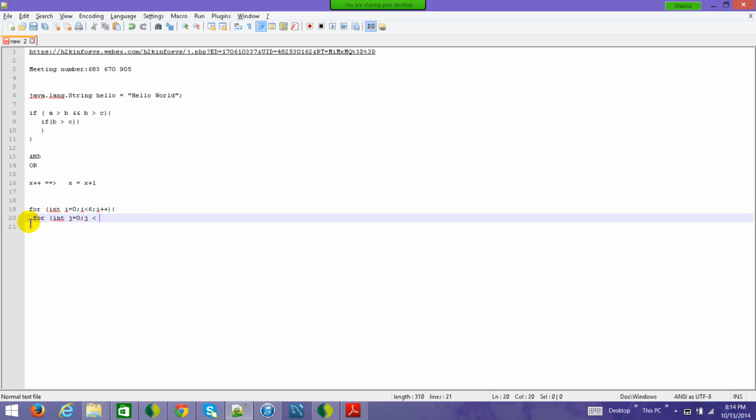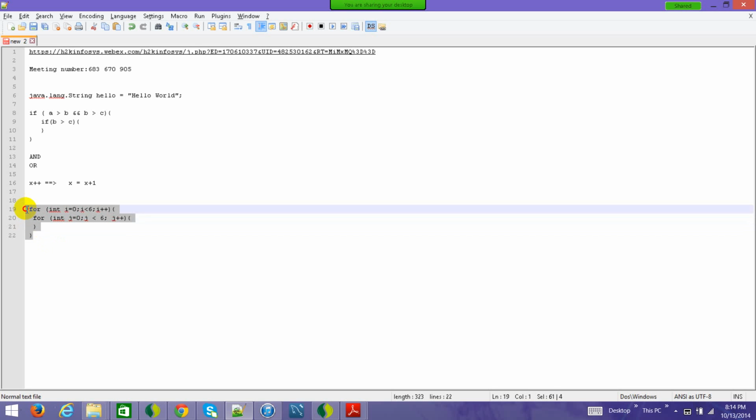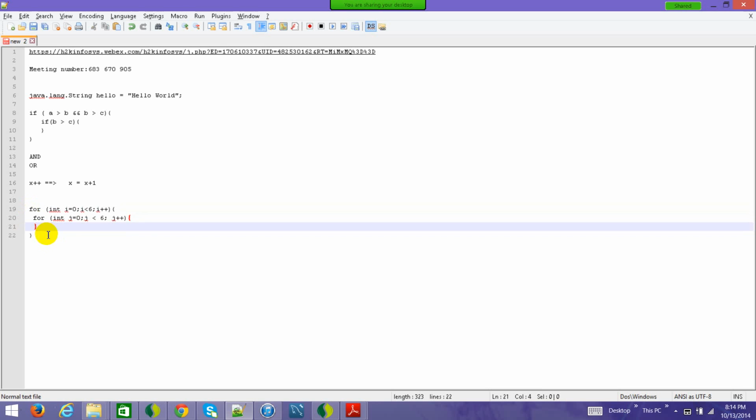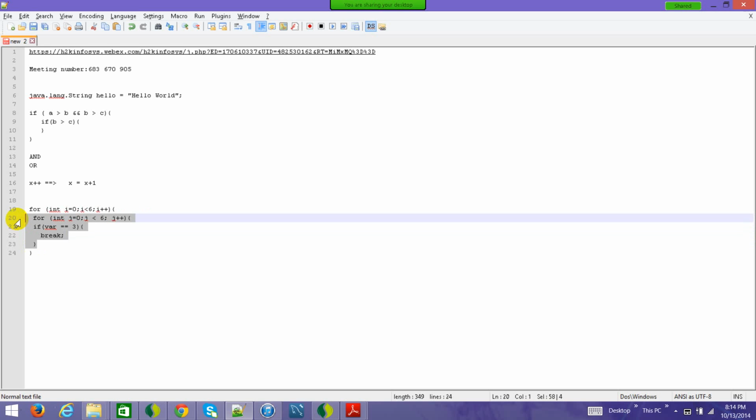For representing two-dimensional arrays and setting the values there, you have to use the for loop twice in this way. Now if in a certain condition, like say if var is equal to 3, you want to break, you can break out of it. So break only breaks out of the current loop, which means this particular inner loop.